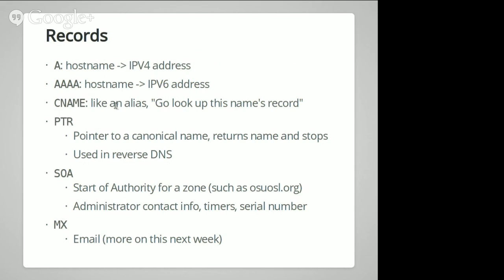They should have administrator contact info, serial numbers, timers like time to lives, just assorted information that a system might need. And then email is all routed via MX records. So if you use the command dig and then a host name, it will give you a bunch of stuff, including the email. If you use dig space MX and then the host name, that will tell you just about